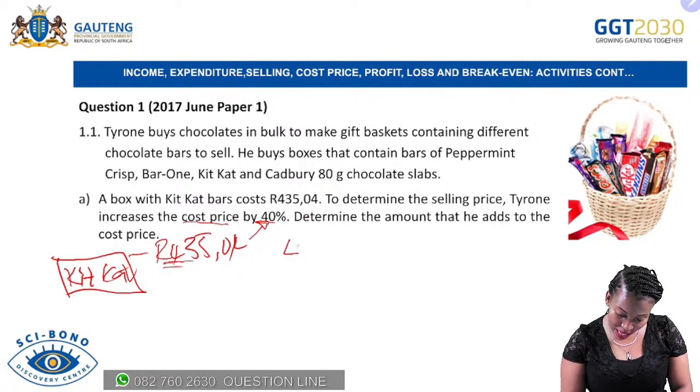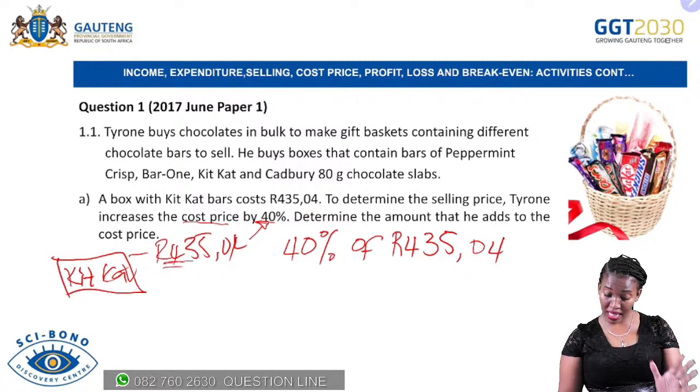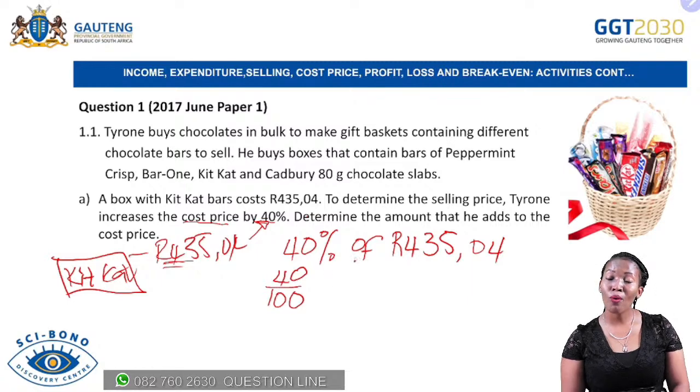Meaning we must determine what? 14% of the cost price, which is 435 rand and 4 cents. And what is 40%? All of us can agree that 40% is 40 divided by 100. What is the meaning of "of"? It is multiplied by